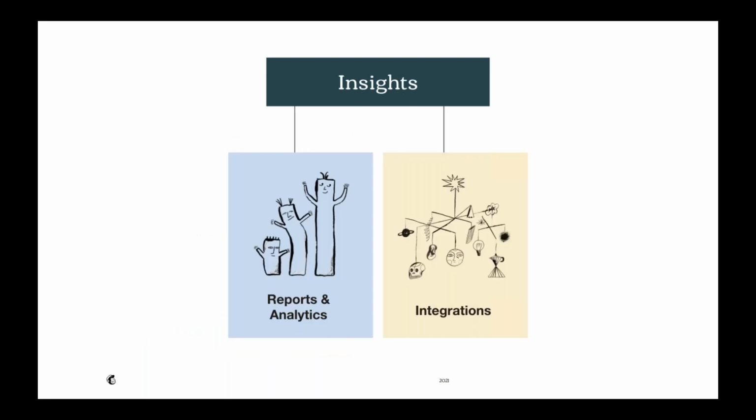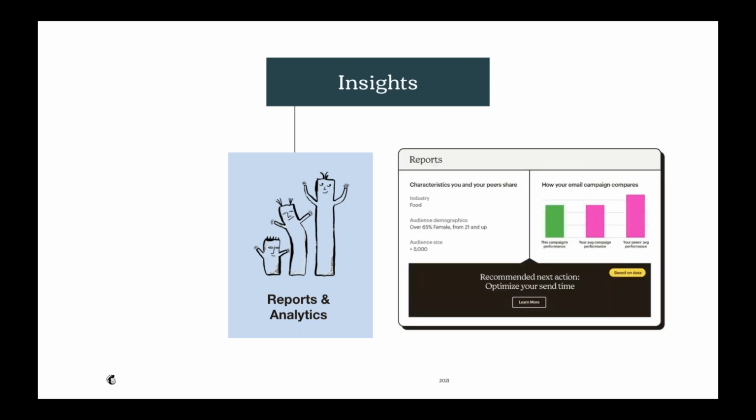MailChimp will also help you get better as you go with insights about your activity. We have tools to help you get deeper insights about your audience and how to best reach them, helping you market smarter with each campaign. These include reports and analytics, which help you to keep tabs on all of your marketing campaigns. We'll give you real-time stats at a glance so you can quickly identify what's working and make smart decisions about where to put your marketing budget.